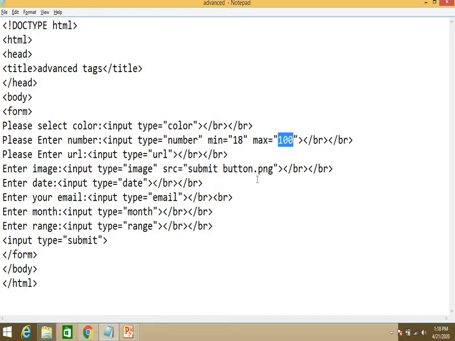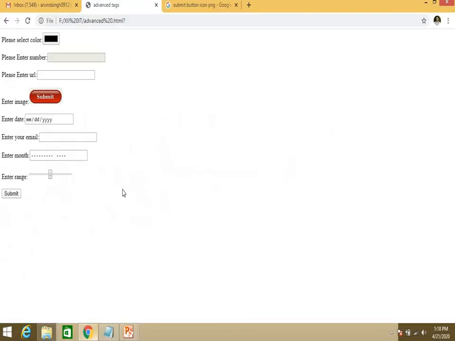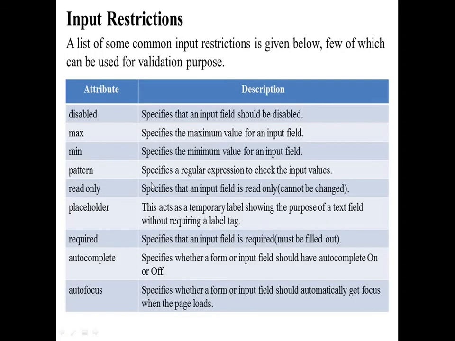Let's see. In the number input, if you enter 18, it will accept. If you enter 100, it will accept. But if you write 101, it will not accept, and it will show that the value must be less than or equal to 100. The same will happen for 17 also. Below 18, if you write any number, it will show an error: value must be greater than or equal to 18, because you have written that code. So this is max and min together.